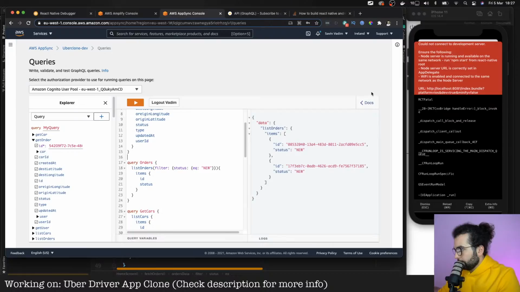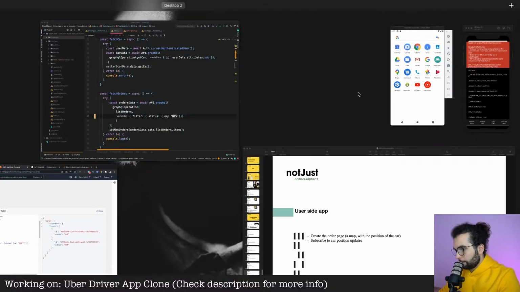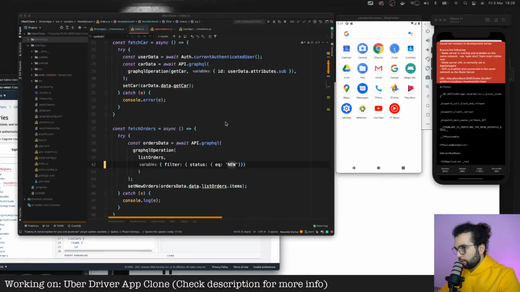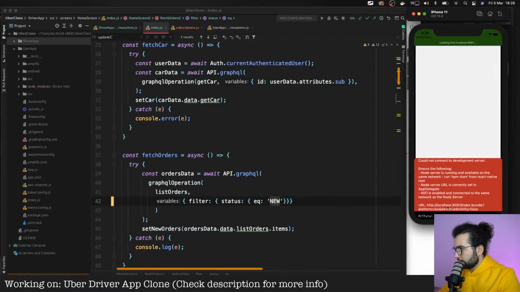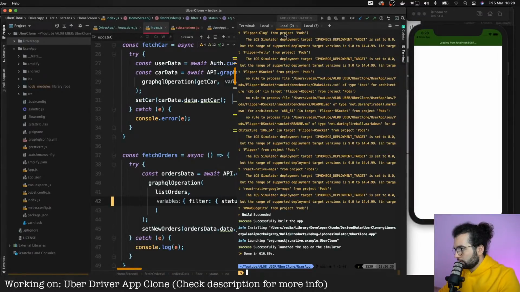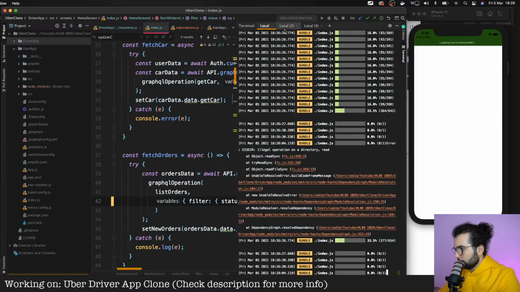Could not connect to development server. Why could it not connect to development server?